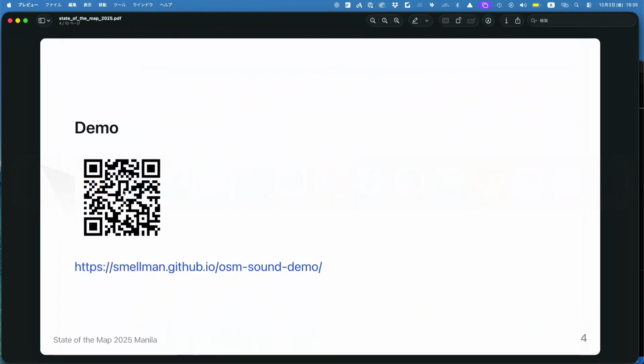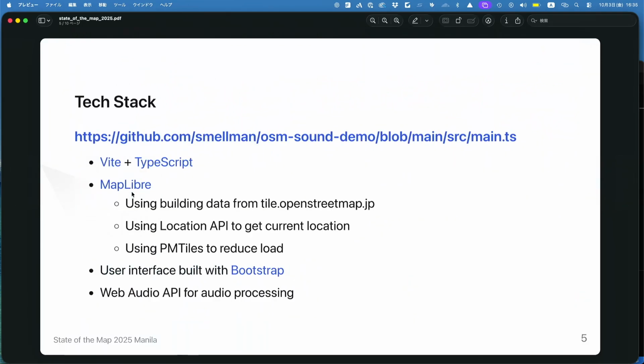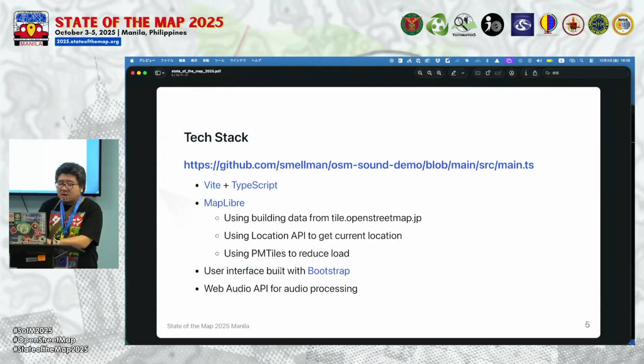The technology stack is Vite and TypeScript, and I use MapLibre to show the buildings. It's using PMTiles to reduce loading, and the user interface is built with Bootstrap.